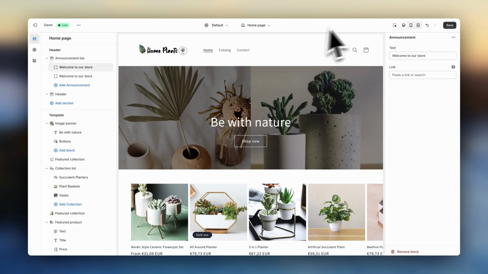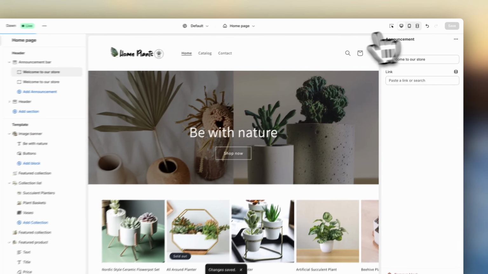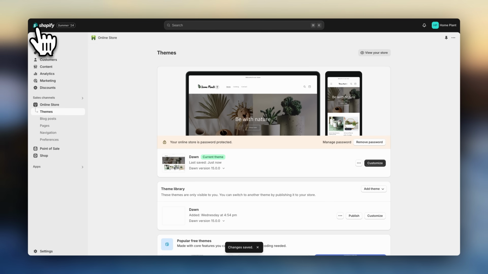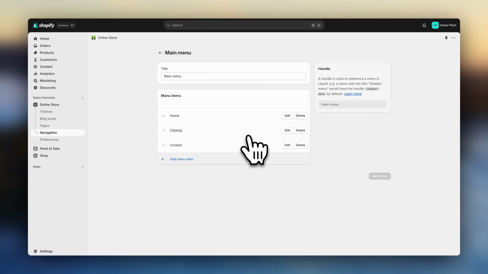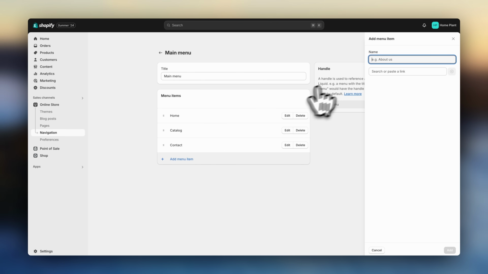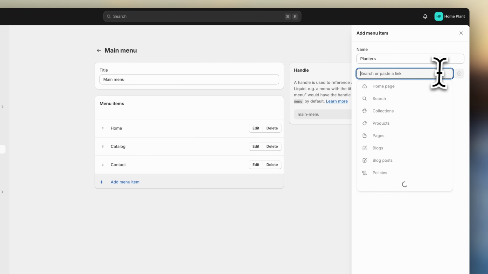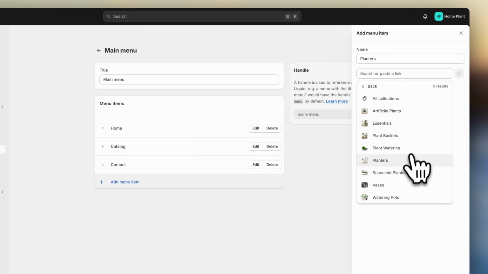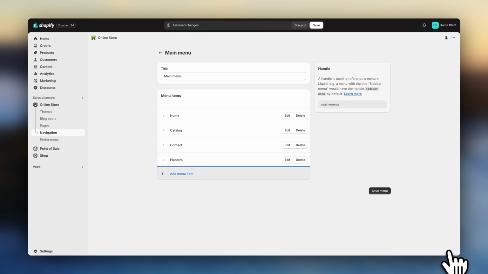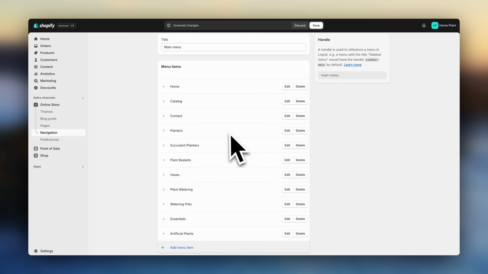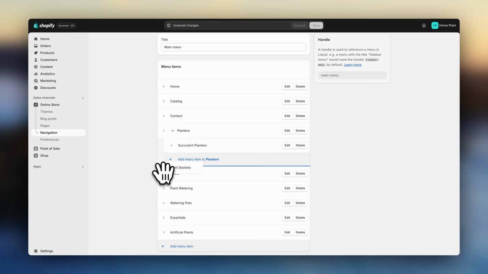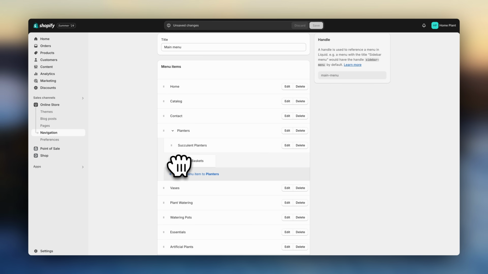So let's hit Save and go back to the Shopify dashboard. Click on Navigation and click on Main Menu. Now click on Add Menu Item and link to one of our main collections. Now repeat the process and link to all of your other collections. If you have too many of them, you can drag and drop to create sub-menu items. You can also drag it a level further to create another subcategory. Now hit Save